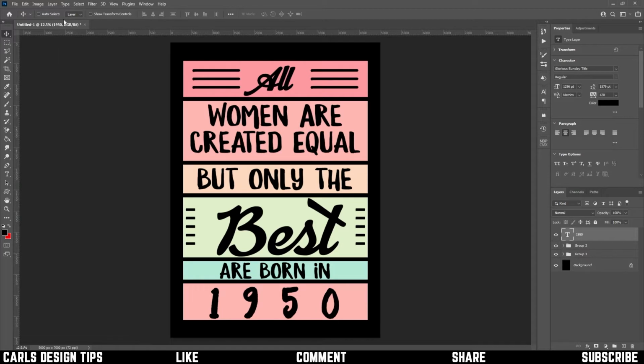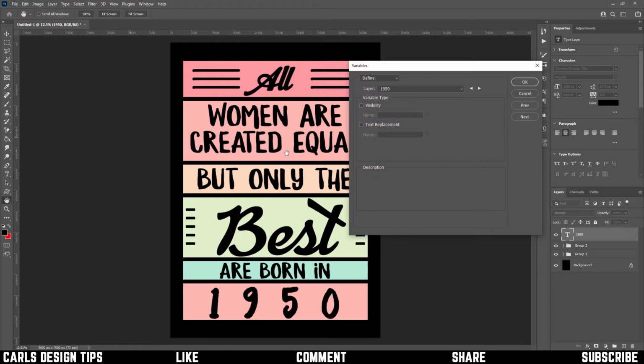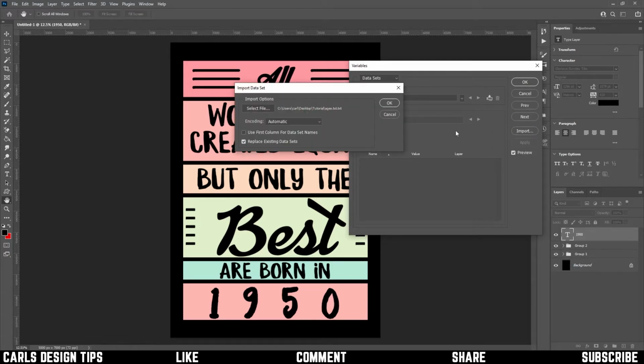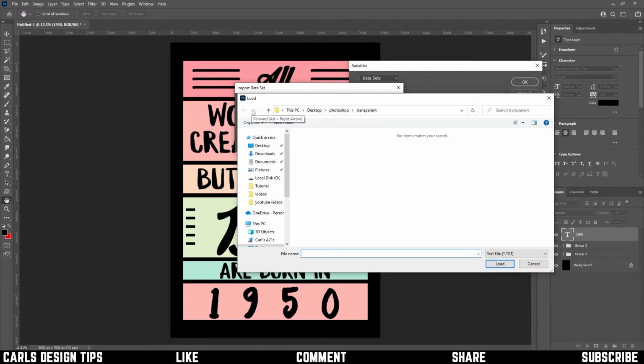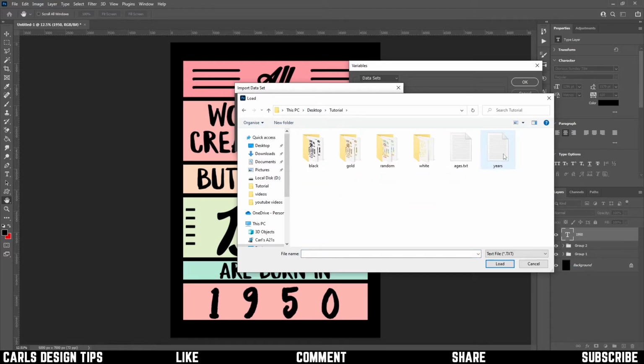So now we'll target the 1950, and we'll do that just the same as we did in lesson 1, by creating a variable. We need to make sure that the layer is the 1950 layer because that's the layer that we're going to be targeting. We need a text replacement and the label that we gave the text file was years. So make sure we type years and then click next, and then we can import the file and then browse to the file. We put it in the tutorial folder so we know where to find it. Once we get in there, we find the years. Double click that